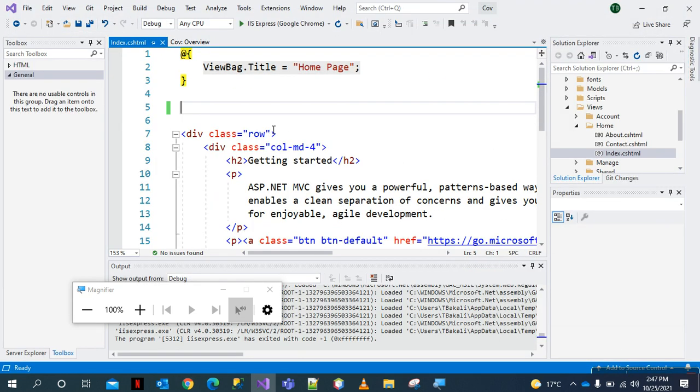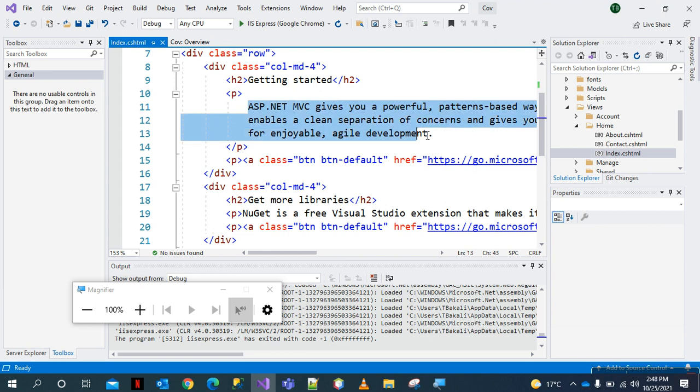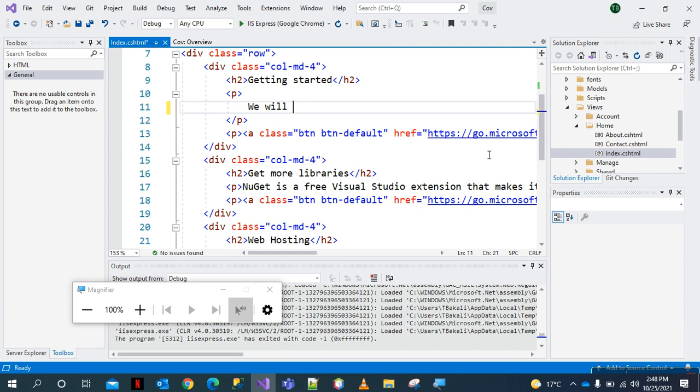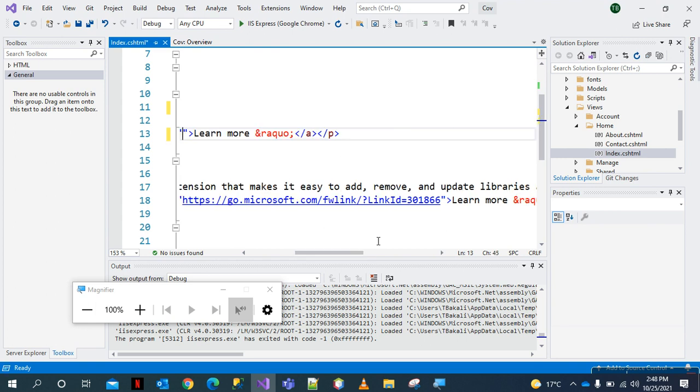Because it's just saying application name. Can we actually get it? Like, you can even reduce the news here and say we will code later. Right, there we go. You can even redirect the links. I usually don't like the links taking me anyway, so I will remove everything on the links,